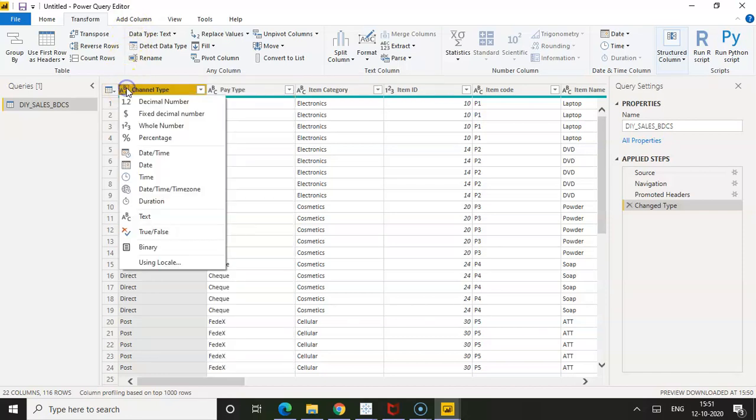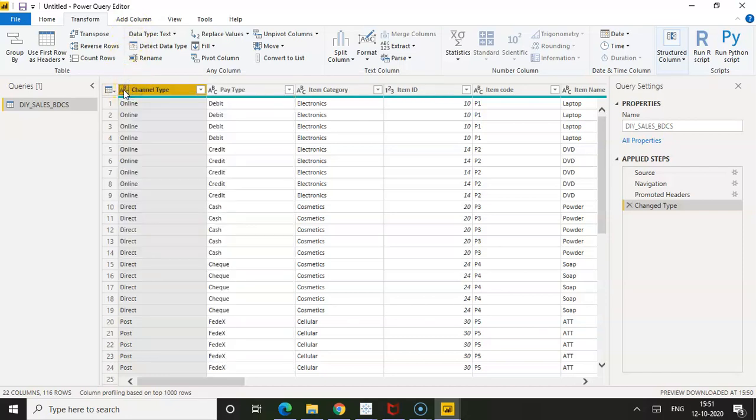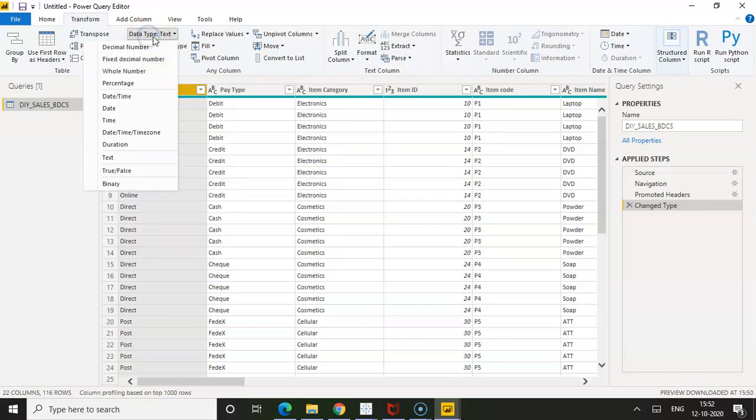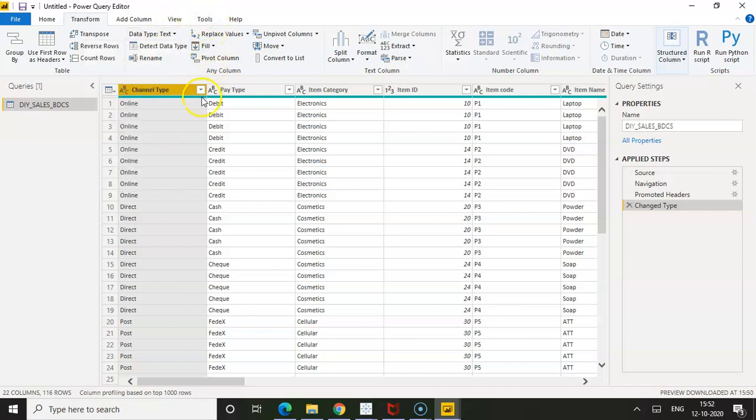Each column is represented by a data type. You can see this ABC denotes this column is a string. I can click on this and see the data types. Here you also have the option to change the data type. If some data type is wrongly placed in the original data source, we can change it from decimal to a whole number, or a whole number to a decimal, or from a string, or if you want to set geographical values, all those things you can change using this change data type.